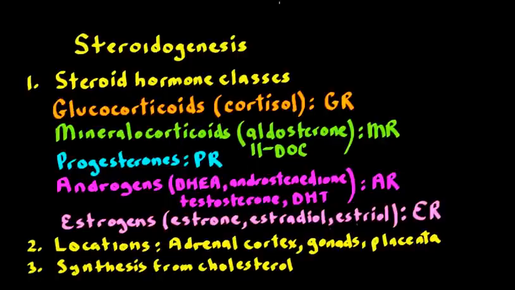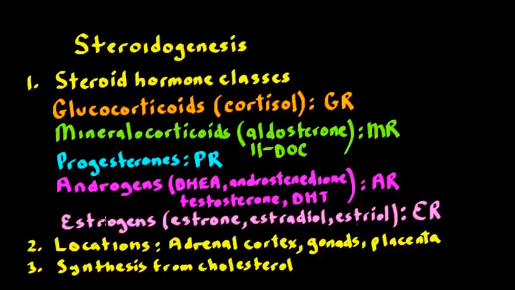After watching this video, you should be able to describe the key components of steroidogenesis, list the major steroid hormone classes and key examples, the locations of where steroid hormone synthesis occurs, and the detailed steps of making steroid hormones from cholesterol. Now, let's start with the steroid hormone classes, and we can see we have 1, 2, 3, 4,